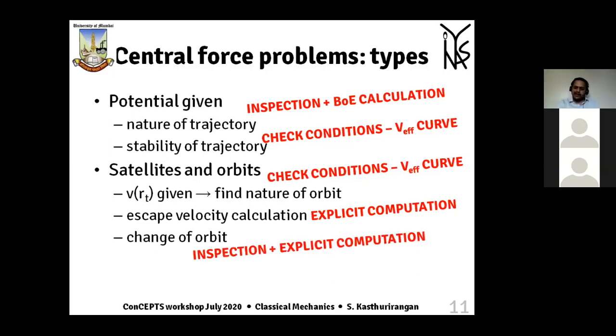Change of orbit, again, normally for change of orbit, the potential energy curve approach is simpler, because if you are changing from here to here, what is going to happen? But it is also useful to have the formula for change of orbit available with you. So it is important to review key formulae before the exam as far as central force motion problems are concerned, because here there are quite a few formulae. Another place where it is important to review is the collisions part: elastic collision, scattering, and so on. It is useful to know the formula by heart.